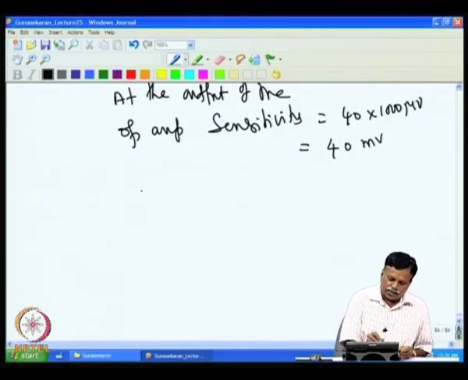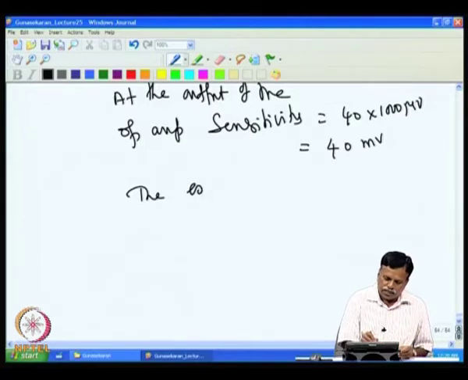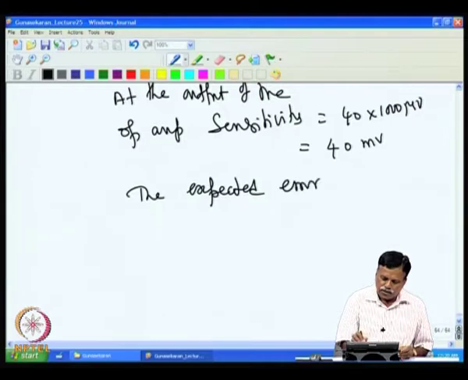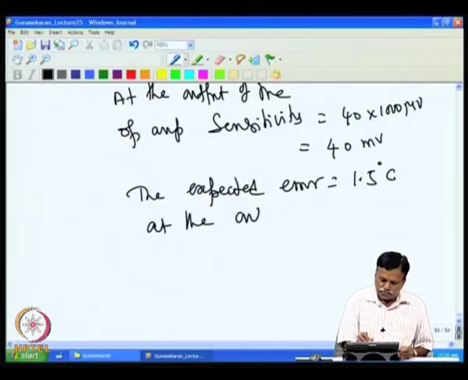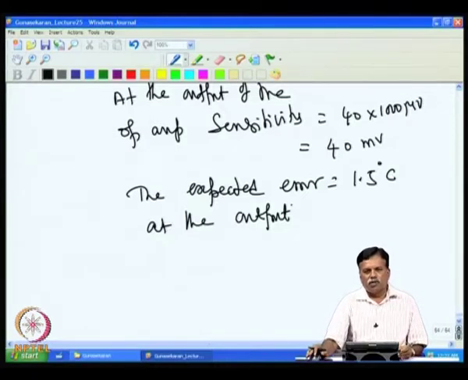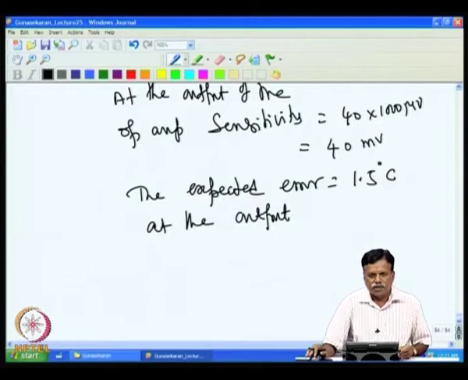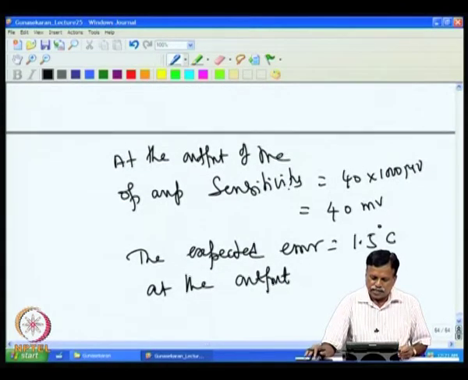So, the expected temperature drift, expected error, is equal to 1.5 degree C at the output. This error had come purely because of gain drift,